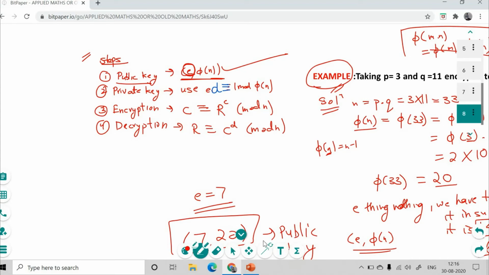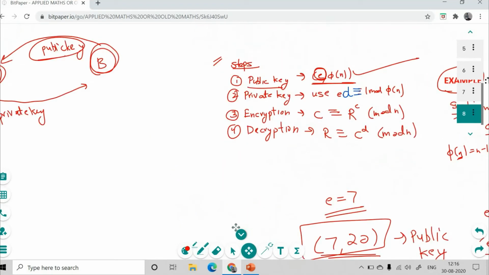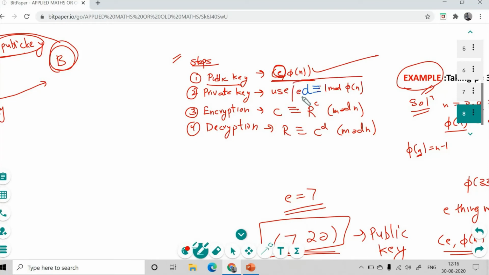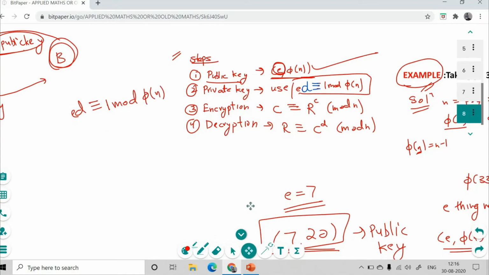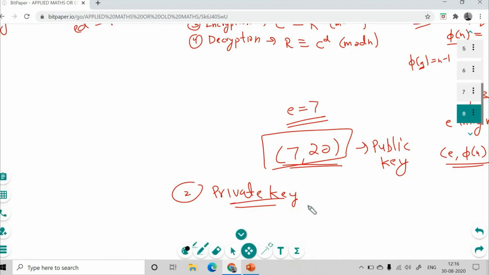Now coming to the second step, that is the private key. Now A has an address to send a particular message to a place, right? This address. The second step is the private key. Now for the private key we use this: ED congruent to 1 modulo phi of n. So ED, I will just write it here. Let me take a different color. ED congruent to 1 modulo